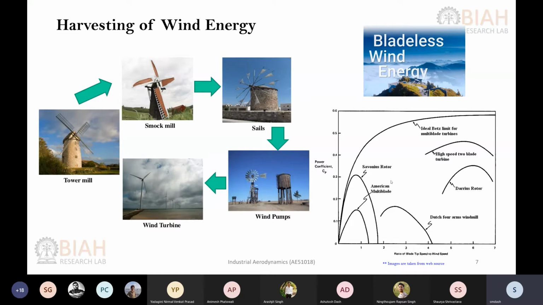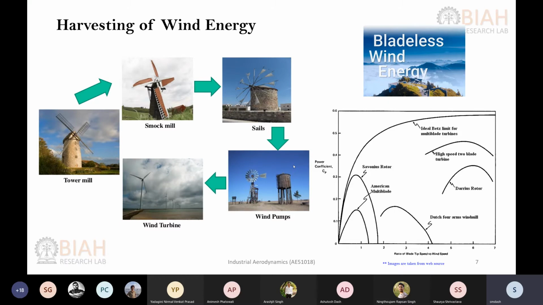Okay, so here you can see a power coefficient plot for different wind turbines. We will be discussing it, and a few research topics also, like innovative ideas for how you can use the wind energy in a beneficial way. So this may be going into some term papers also. We will cover this in this particular chapter, harvesting the wind energy.